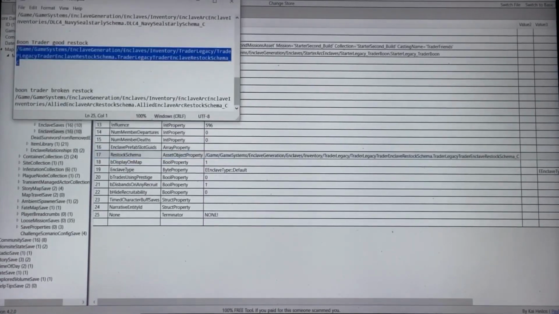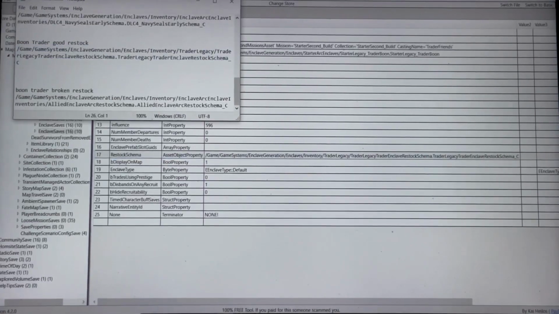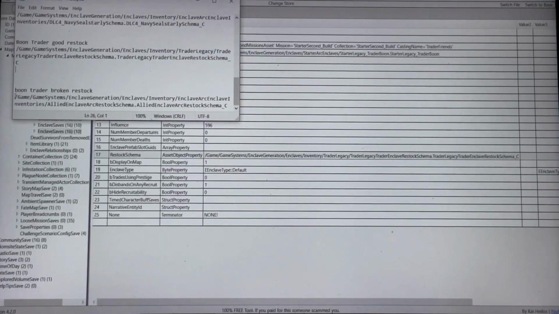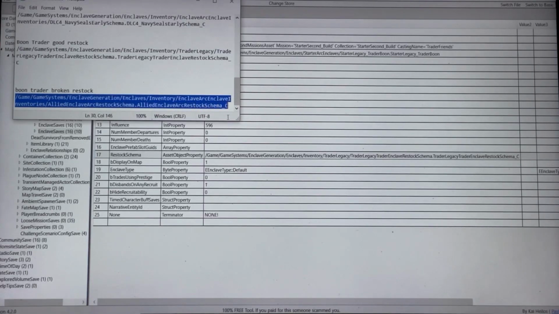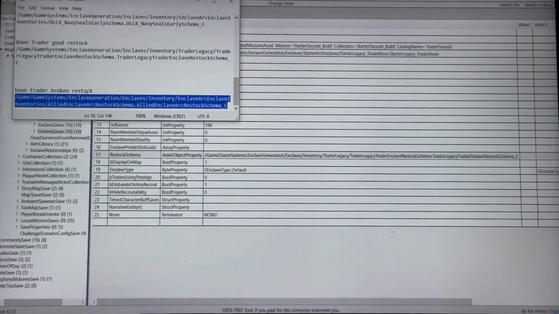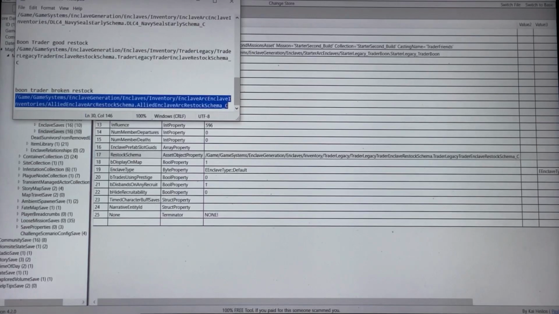Now I have the schema here. Yeah, I've been writing schemas down because I'm doing some testing. And what happens when they become broken is it changes to this one. Now, if you read that, you can immediately see what the problem is. It says Enclave Generation, Enclave, Enclave Arc, Allied Enclave, Arc Restock. So it's treating it just like some regular Allied Enclave and just restocking it like a regular Allied Enclave would